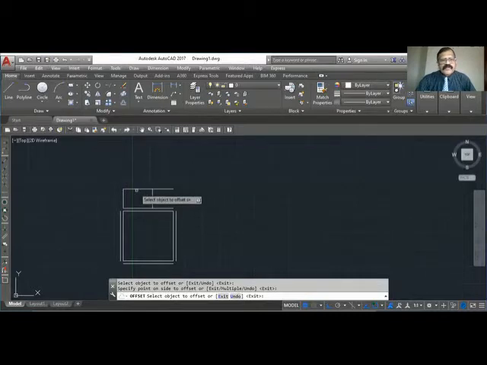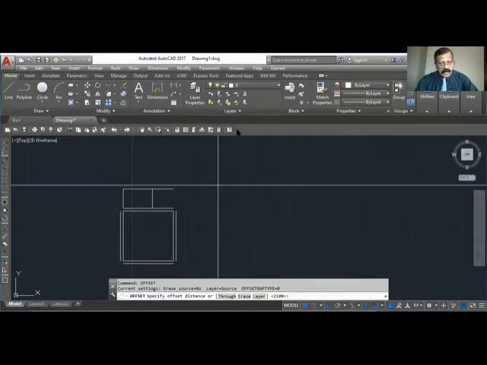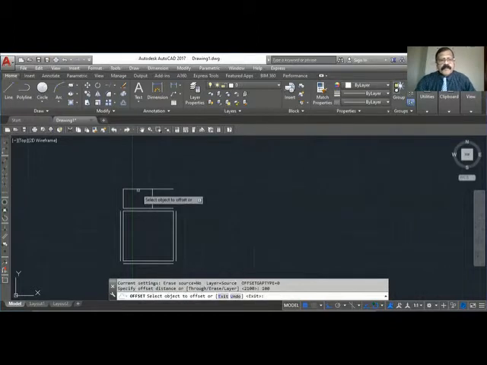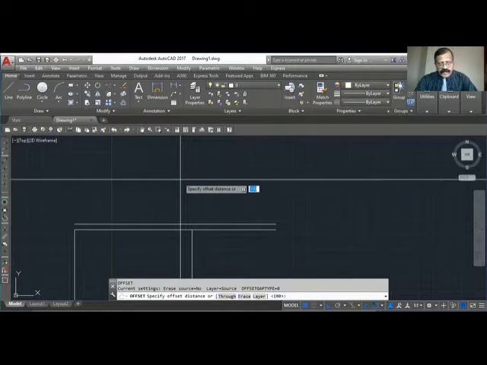And this wall is 100, not 200, a thin wall. So I will offset 100 this way. So that offset is ready. What is next? From here it is 1.1 by 1.1, which is the WC. So I will use offset 1100.